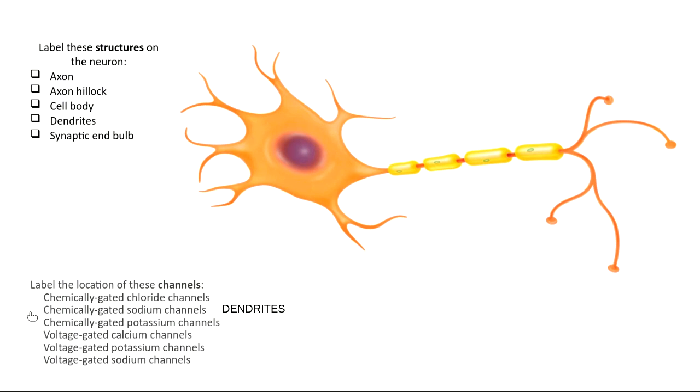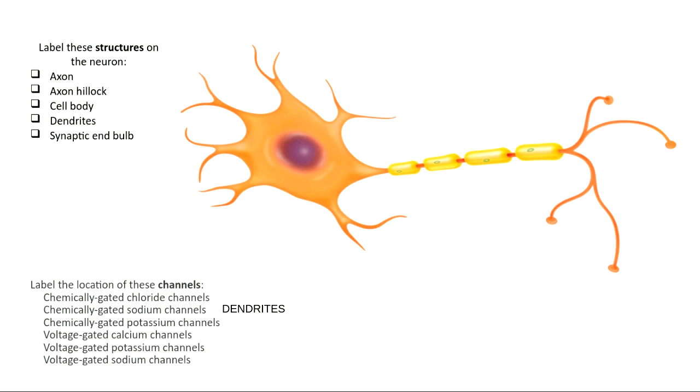Let's go down here. My next one on the list is the voltage-gated calcium channels. We actually just talked about the only place on a neuron that has voltage-gated calcium channels. What's the only place on a neuron with those voltage-gated calcium channels? Exactly. The axon terminals, or the way that I had you labeling it there, the synaptic end bulb. It's the same thing as an axon terminal. So the axon terminal, also known as the synaptic end bulb,